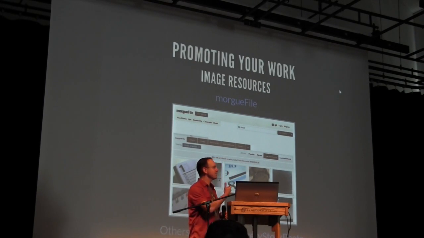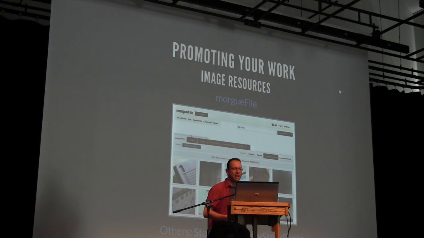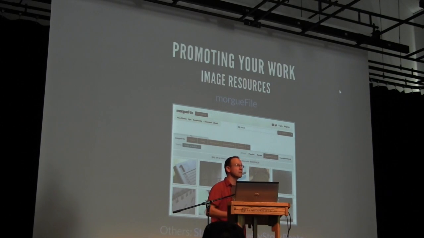To be able to create things like these nice banners, well, you can use different tools online to do things like get pictures and fonts. So a few resources that I know I use a lot. One is Morgfile, and that's a great site to get royalty-free, open source, use them wherever you want images. So for example, that planner that I showed a few slides earlier, that's one of my plugins, and I got that on Morgfile. It was easy, extremely high res, download it, crop it as I wanted, and use it on my site, and I don't need to worry about using an image that I don't have rights to.